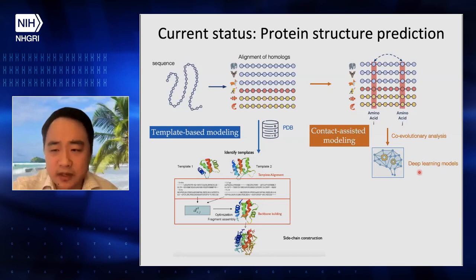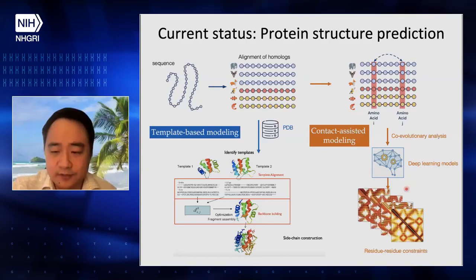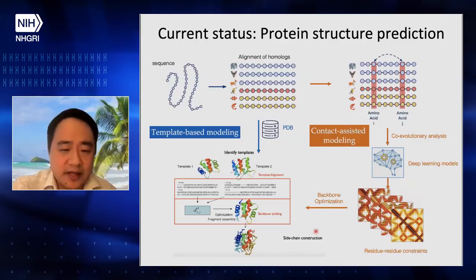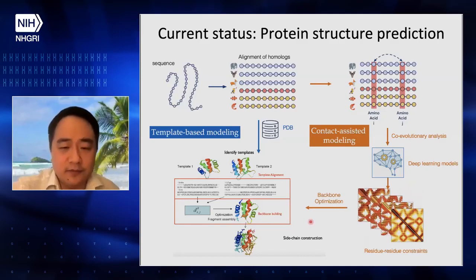And also with deep learning models, we're able to predict a lot of properties, a lot of constraints regarding the pairwise residue interaction. For example, whether they're close by or what their orientations are. And with these predicted constraints, we can optimize the backbone and obtain a really good initial structure. And further, we can also add sidechains. We perform some type of structure refinement. Okay,